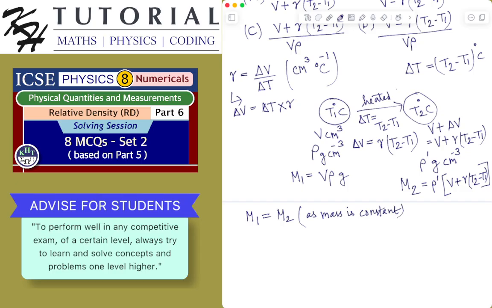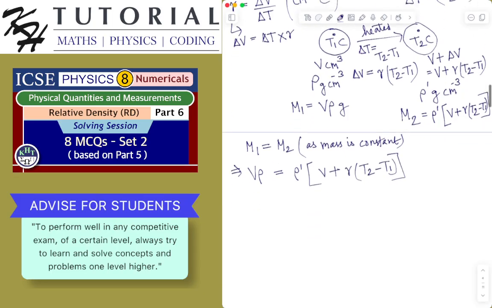Mass is constant. So this implies we have V rho should be equal to rho dash multiplied by V plus gamma into T2 minus T1. So from here we can easily find rho dash. So rho dash will be equal to V rho multiplied by V plus gamma into T2 minus T1. So this is the density of, obviously this will be in,